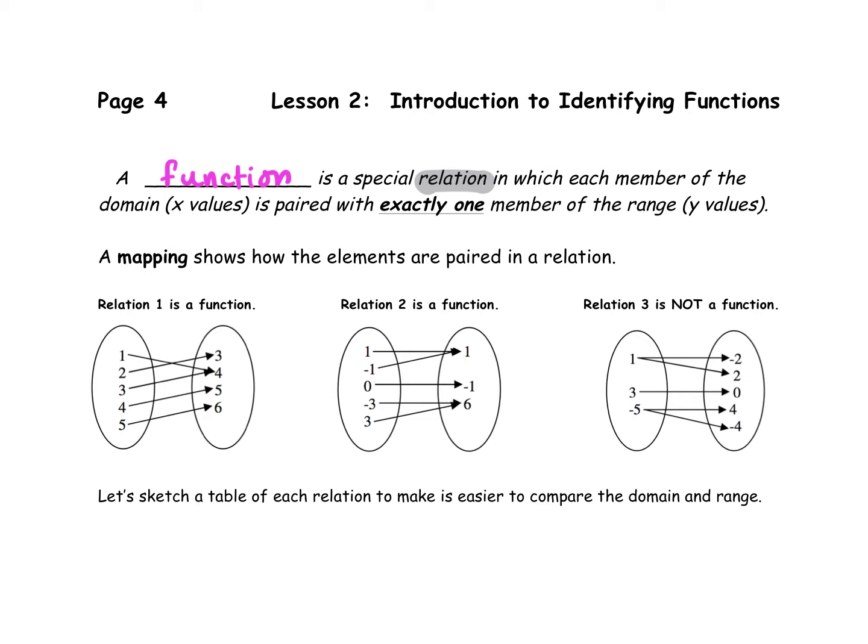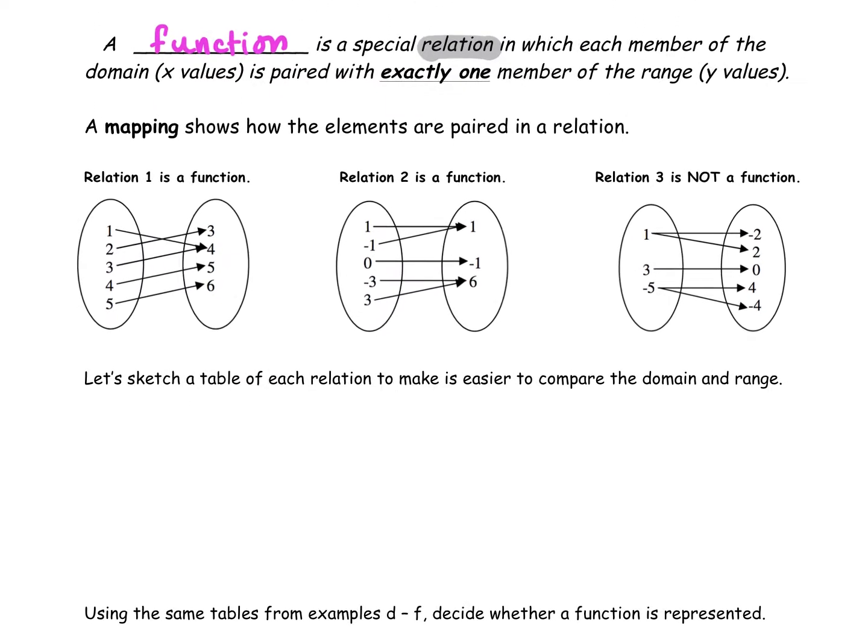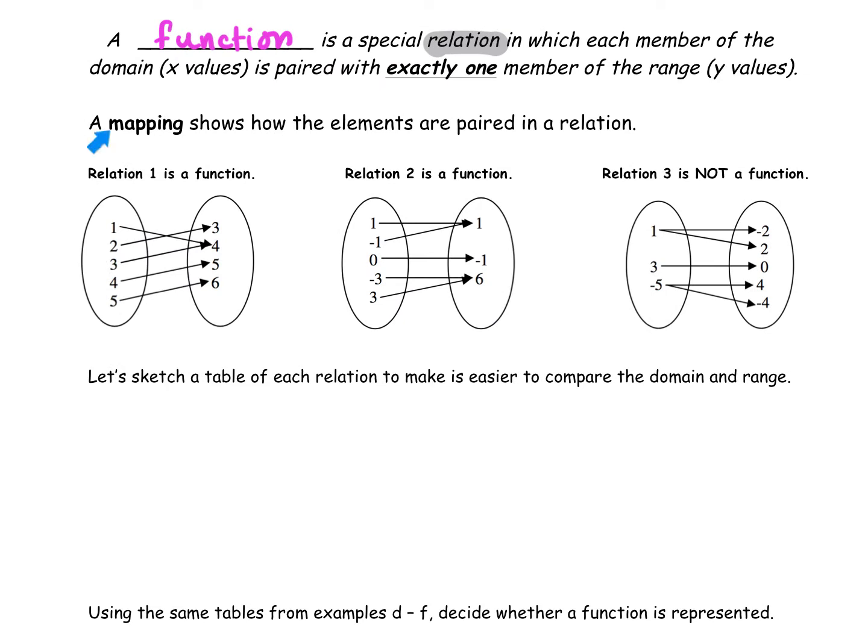So if you'll recall, a relation is just a set of ordered pairs. So a function is special because the x values have to all be paired with exactly one y value. So let's look at the different ways they sometimes represent this. The first way is a mapping, which shows how the elements are paired in a relationship. And it says this first one is a function, this second relation is a function, but